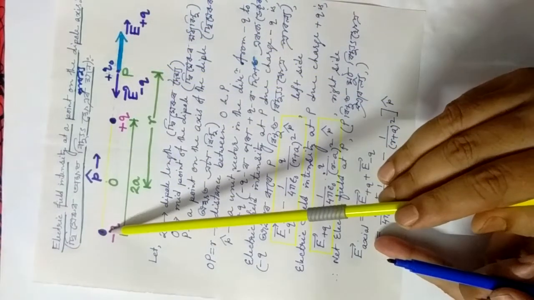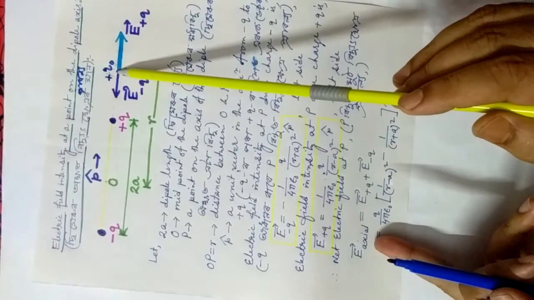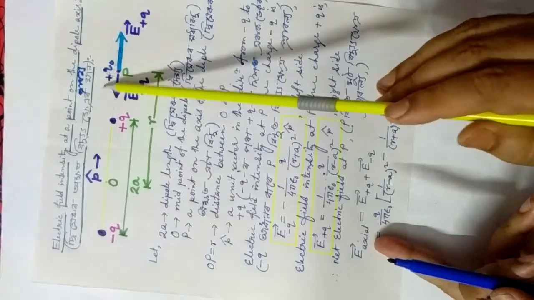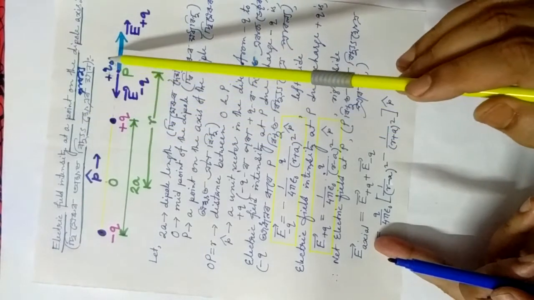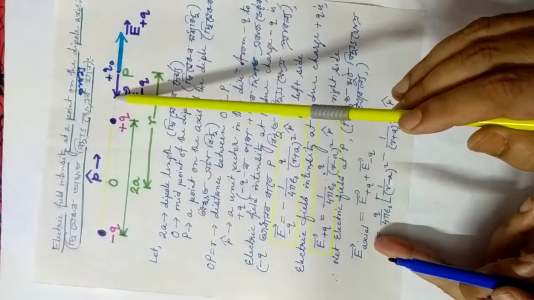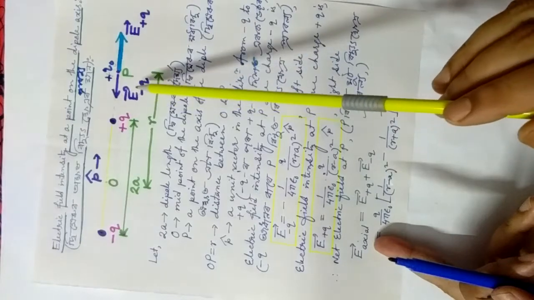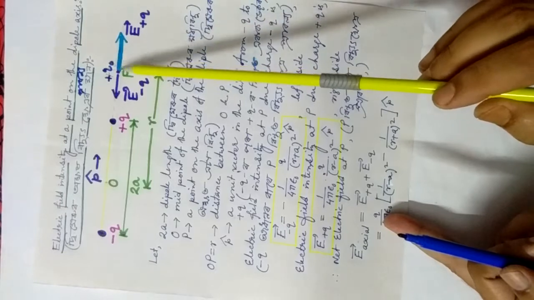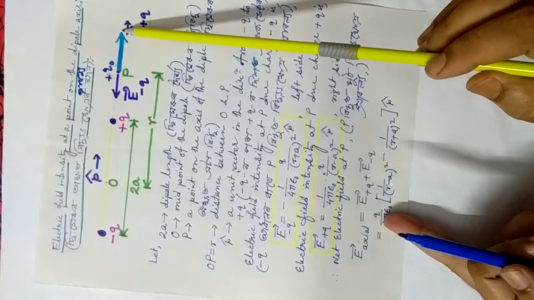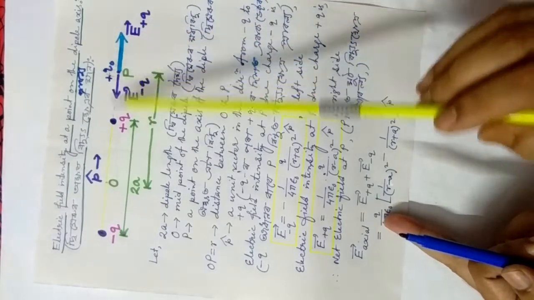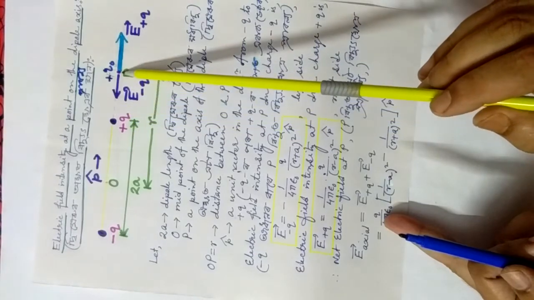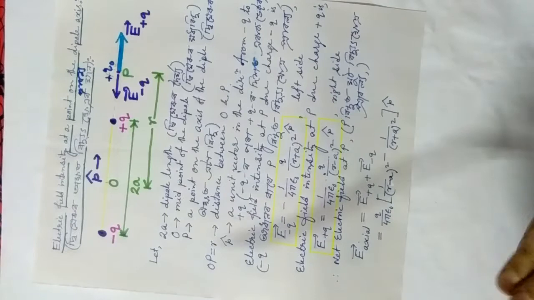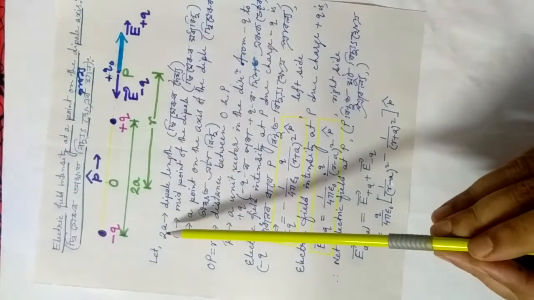Similarly, minus q charge will attract the test charge plus q naught in this direction with a force, suppose F. Then F divided by q naught is what? This one, the electric field intensity. That means the electric field intensity due to minus q will be towards the left. Now, if you see this diagram, I have drawn this vector a little bit longer than this vector. Why? Plus q is nearer to point P in comparison to minus q. Okay, that's why. Let us discuss the notes.